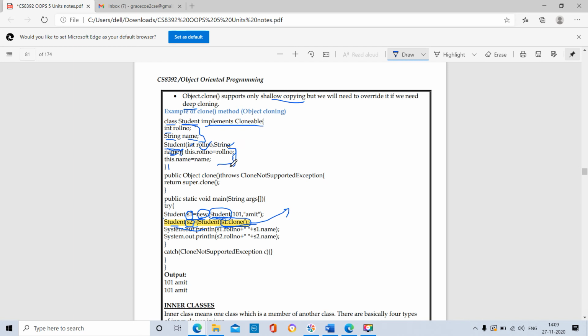In the definition we have this.rollNumber = rollNumber, so the roll number value will be assigned. The keyword this is used to refer to the current instance of the class, the current object.